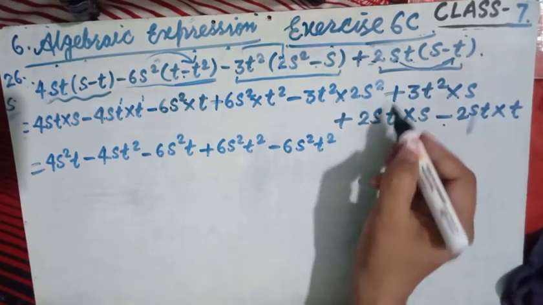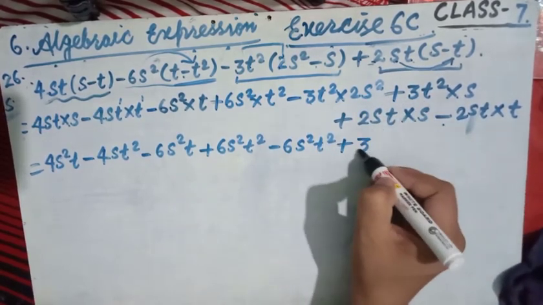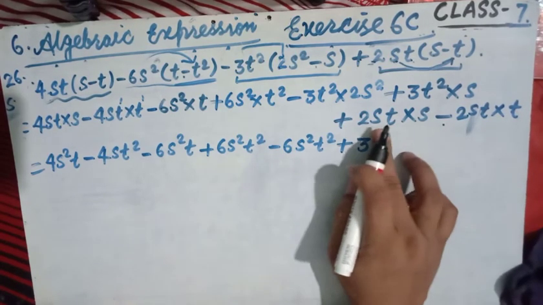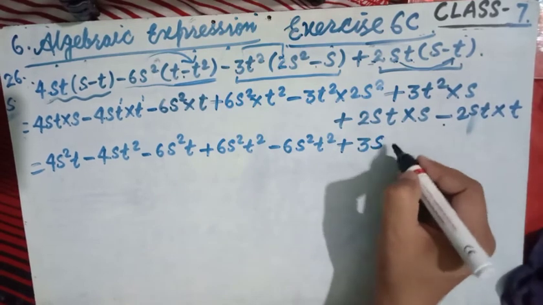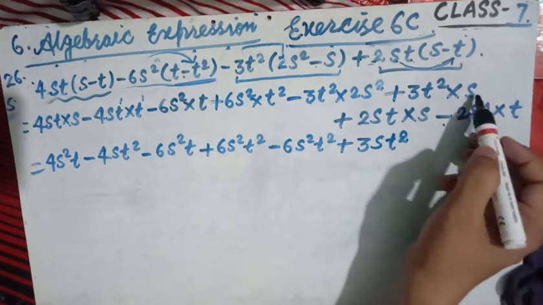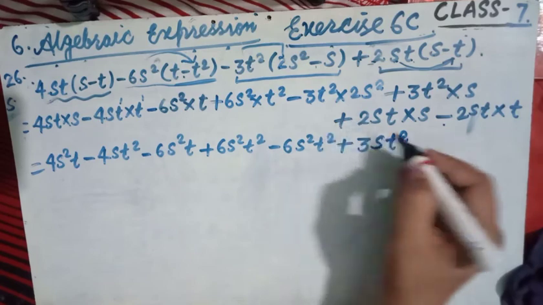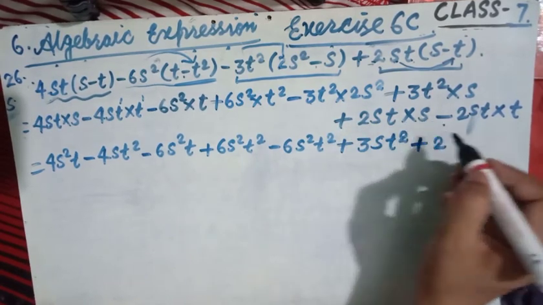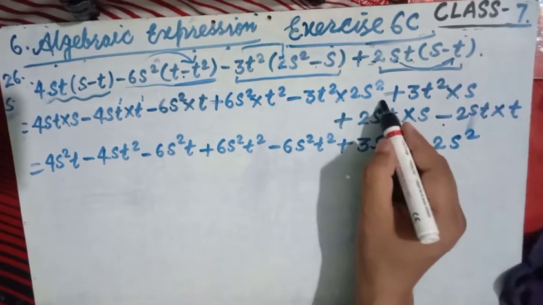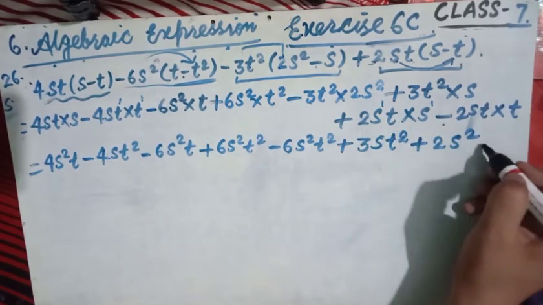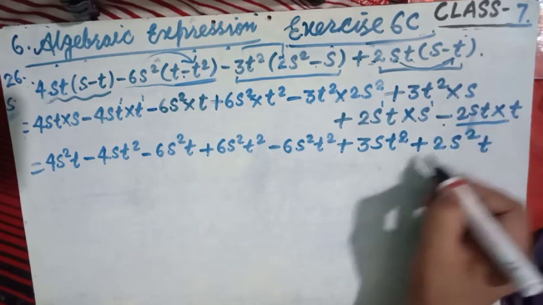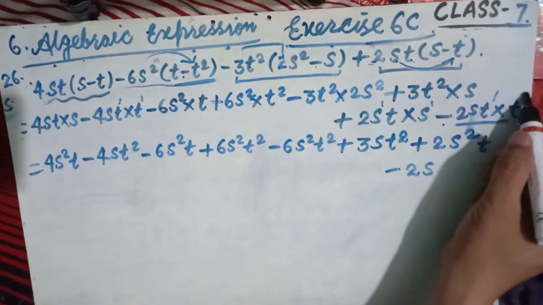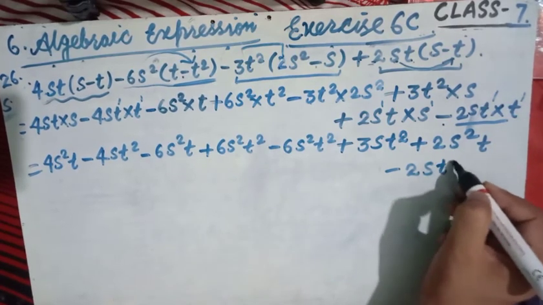Okay, it doesn't matter. Here is the plus 3 s t square, yeah, s t square. Okay, s t square, yeah, t square x plus 2 s square. Here is the 1, here is the 1, 1 plus 1 is 2, and this is t. Now here have a look, minus 2 s, single s and t raised to power 1. Okay, 1 is hidden, t raised to power 2.